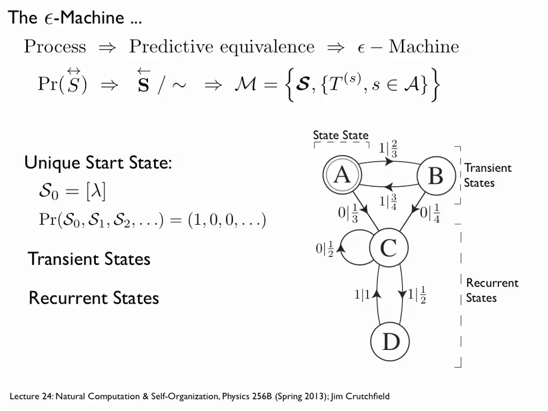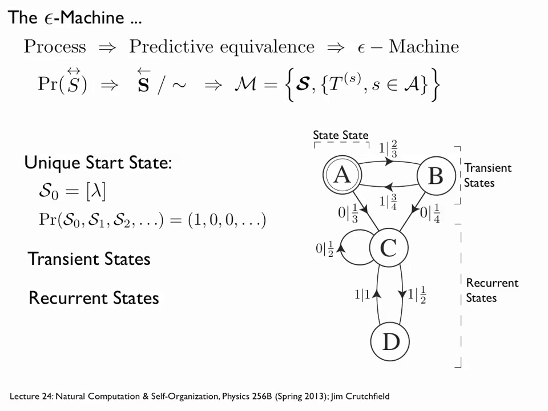Okay. There's always this unique start state, which corresponds to lambda, meaning the null symbol. I haven't made a measurement yet, so I don't know what causal state the process is in, and then I start making measurements, just like for the period-2 process. Initially, it's a fair coin because zeros and ones are equal probability, and then I have to make a measurement, and then I know I'm in the odd or even phase of the period-2 oscillation.